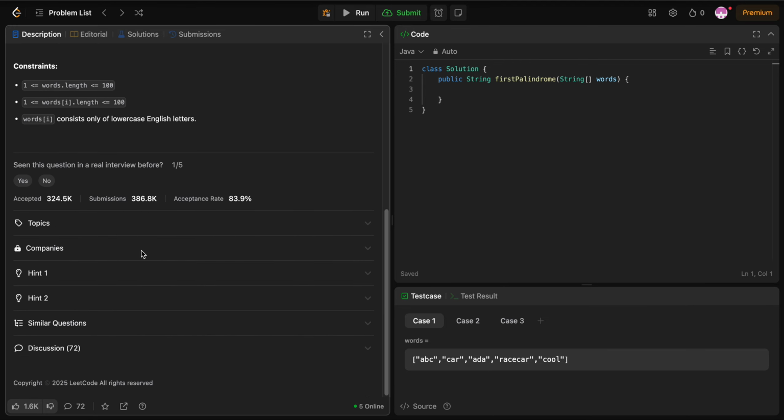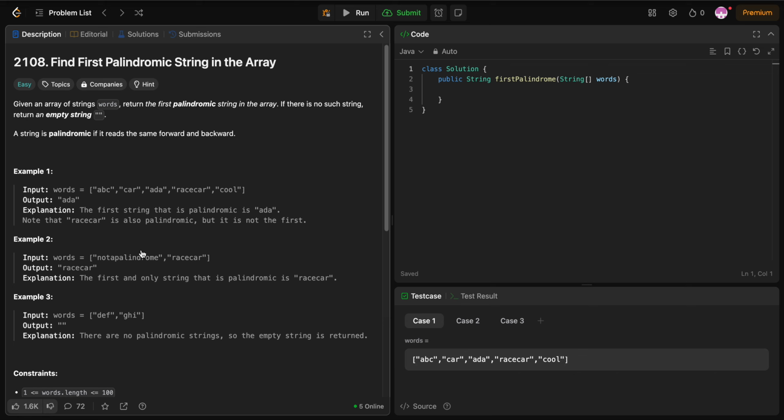Interesting. Okay, so what I'm thinking, a pretty straightforward solution is we simply go through each element one by one, and if the element is a palindrome, we then return that element. So we can go ahead and just do that, I think. So first let's set our 2 pointers, so